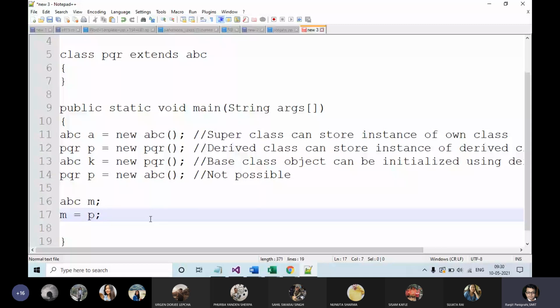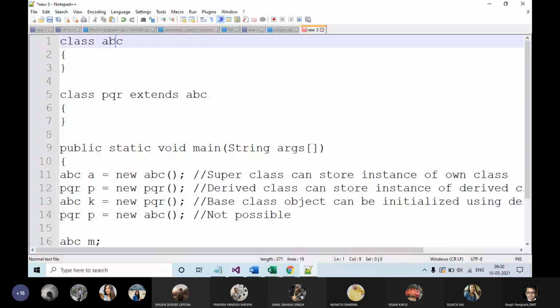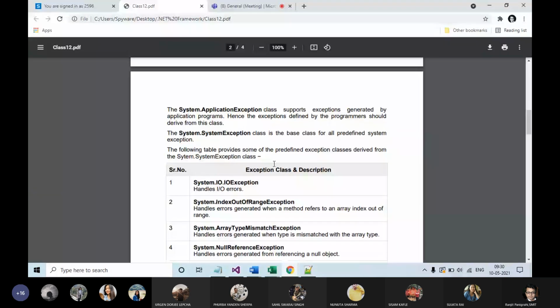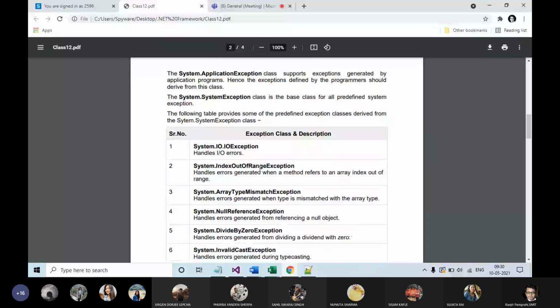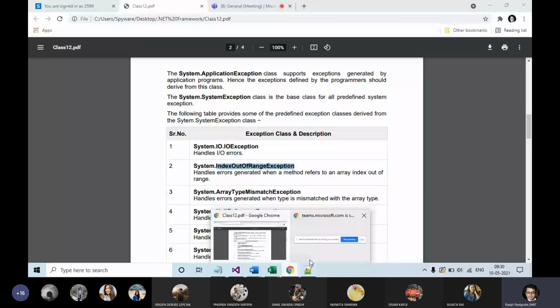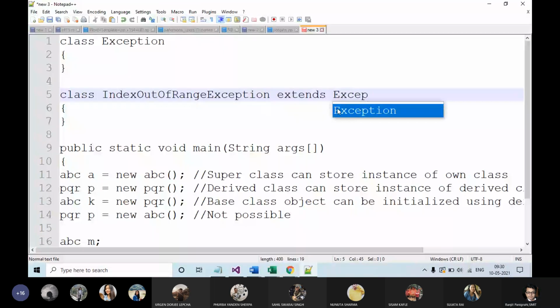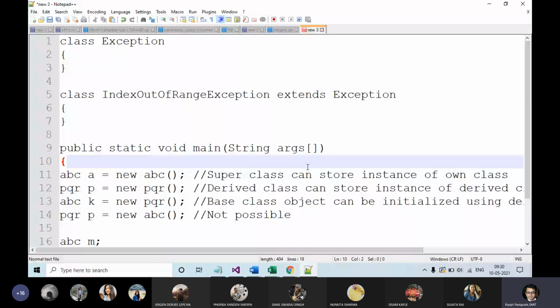Just I am changing this ABC to exception. And PQ are basically index out of bound exceptions, extends exceptions. This is how it happens internally.